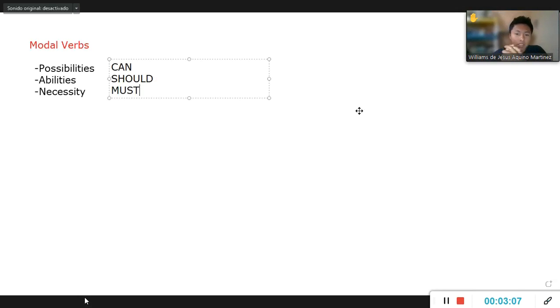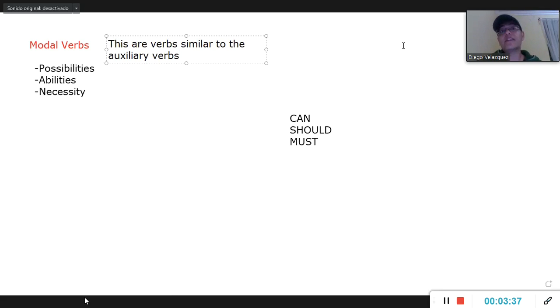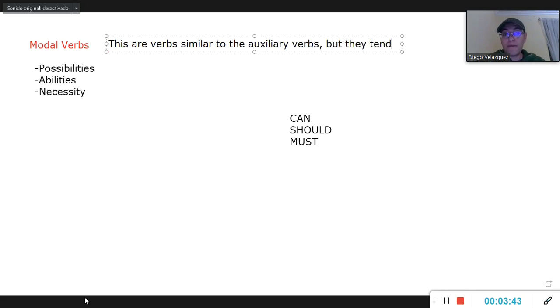Also, they are auxiliary verbs that provide additional and specific meaning to the main verb or the sentences. Excellent explanation, Willie. Yes, that is exactly the thing, guys. These modal verbs are similar to the auxiliary verbs, with the difference that, different from the auxiliary verbs, these modal verbs tend to change the meaning of the sentence. Excellent